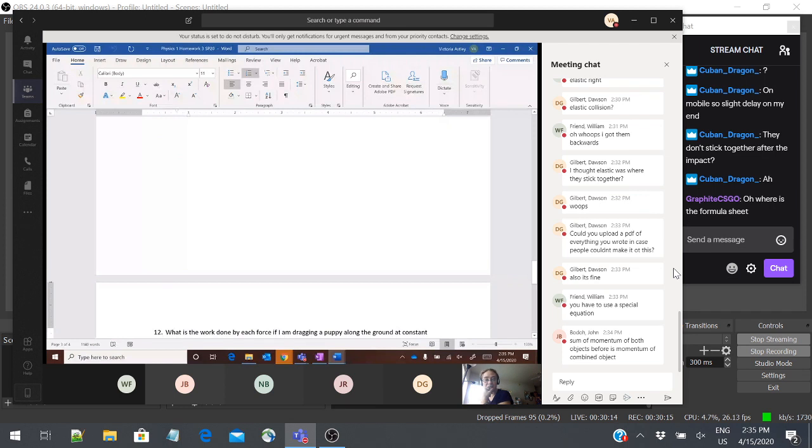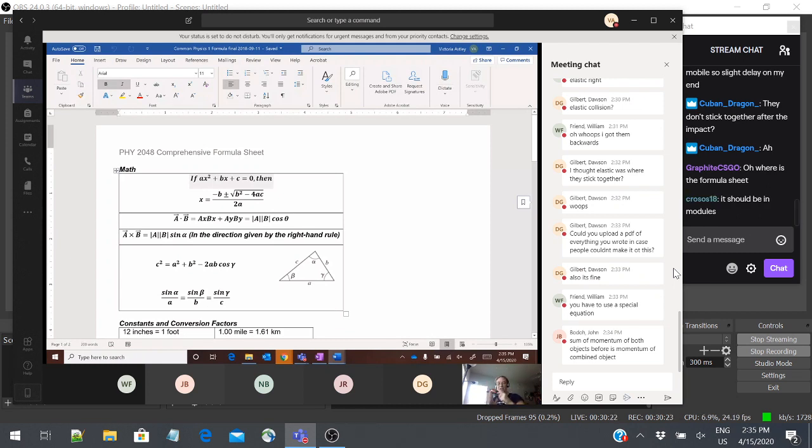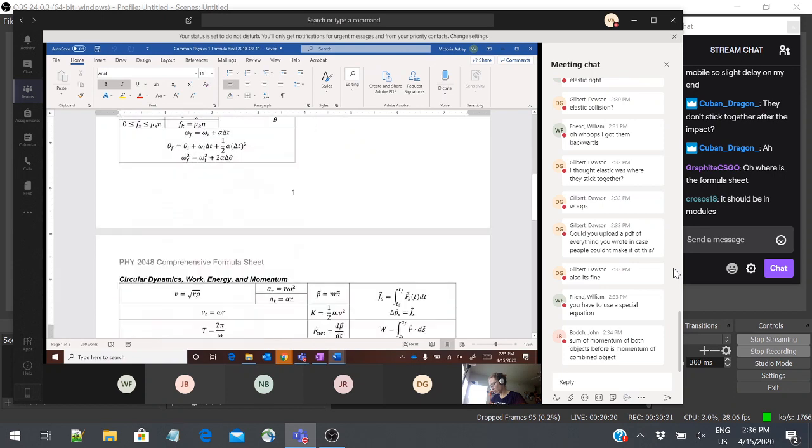Where's the formula sheet? There should be a copy of the formula sheet on Canvas. It is also in the test file. If you scroll down, it's all the way at the bottom is the formula sheet. Yeah. So yeah, if you look in modules,